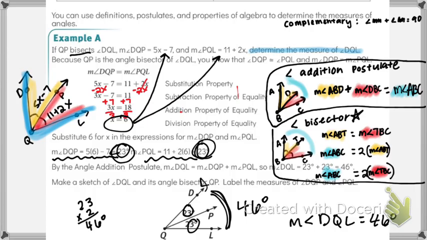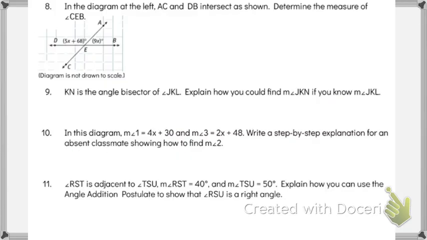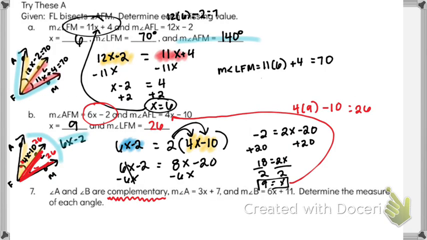Angle blah, blah, blah. So I just put little scribbles plus angle blah, blah equals 90 degrees. So with this one right here, they're telling you it's complementary. So they're telling you that when you add these two things together, it's going to be 90 degrees. Measure of angle A plus the measure of angle B is equal to 90 degrees. And then just replace. So A is 3x plus 7 plus